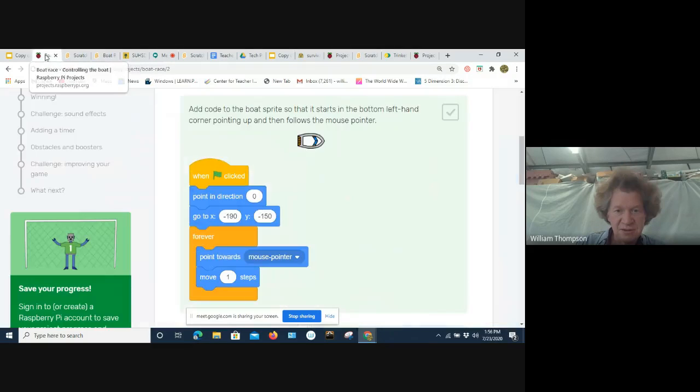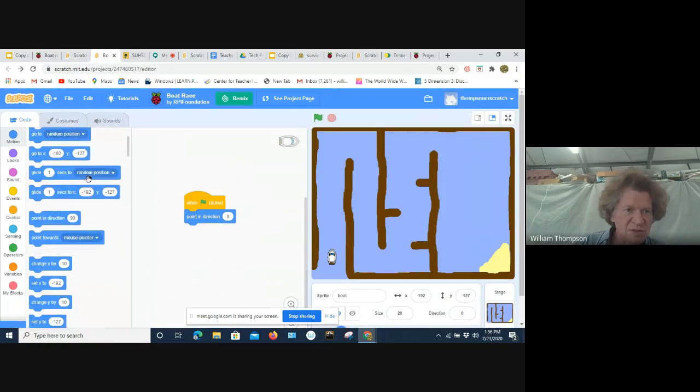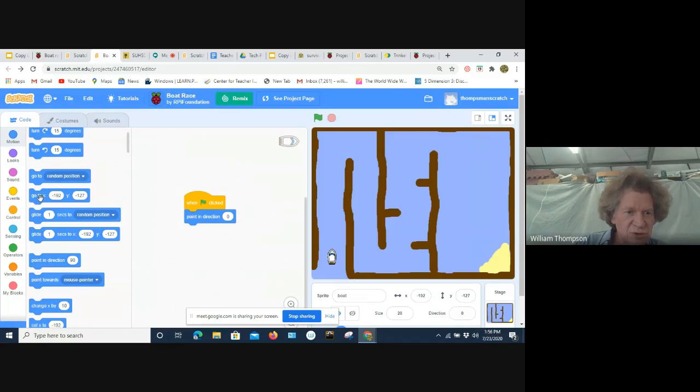Here, I'll go back and look. So next we're going to go to a start position, which is -190, -150. So go to this position. We're going to make x -190, and y is -150.